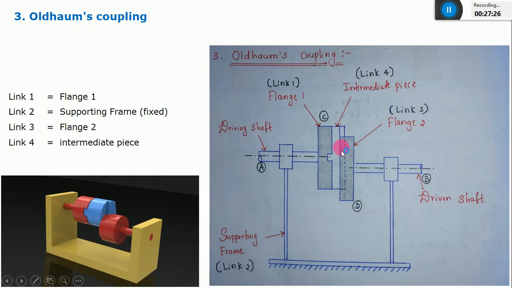Let's take a third inversion of double slider crank chain. Let's take a rough diagram of this one. I will try to explain what exactly this is. It means there are two shafts. You can see, this is one shaft, the red color one at the left side, and this is also one more shaft.